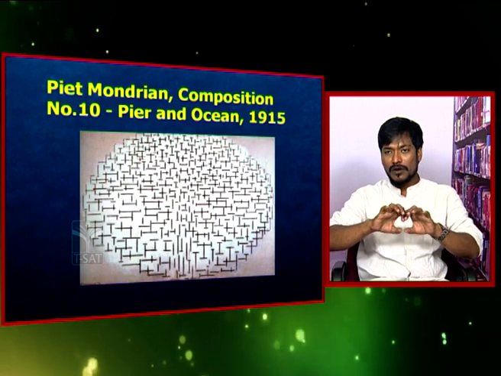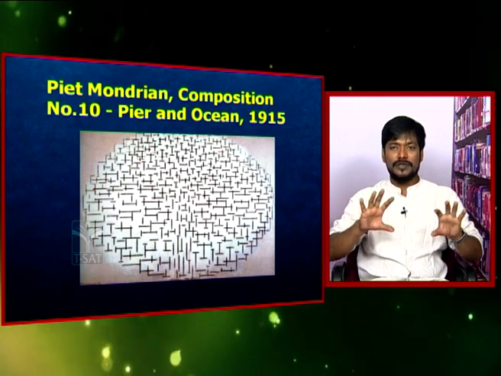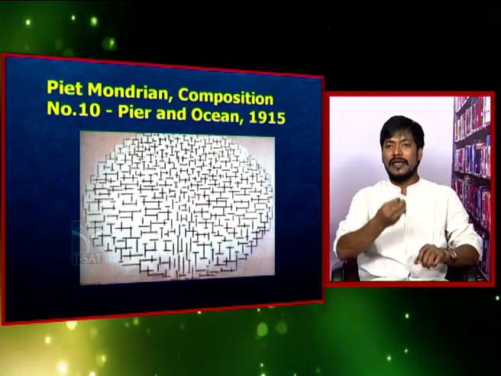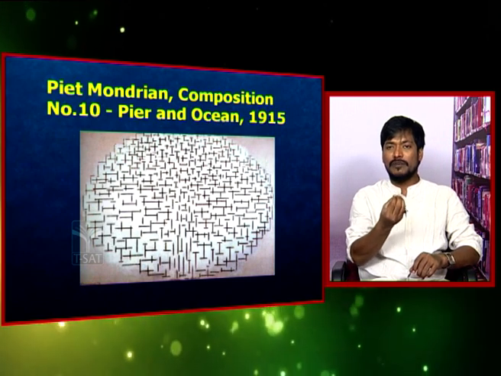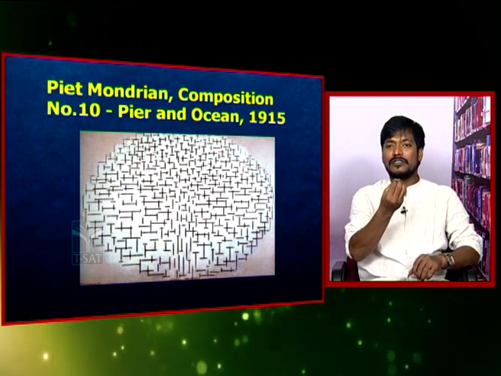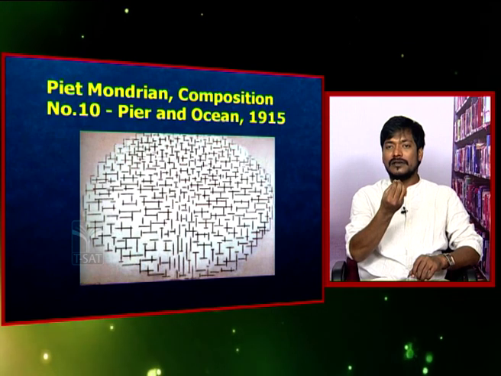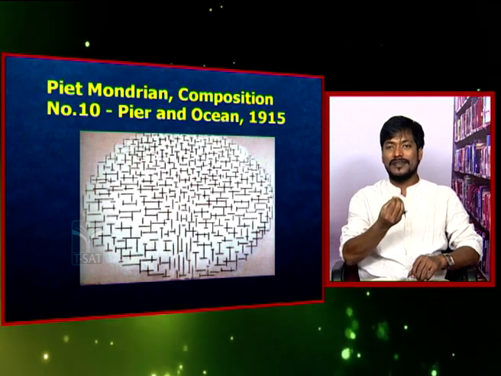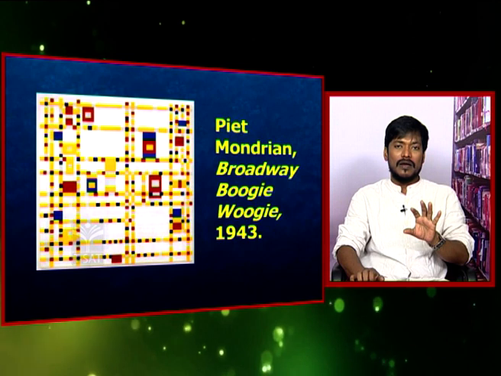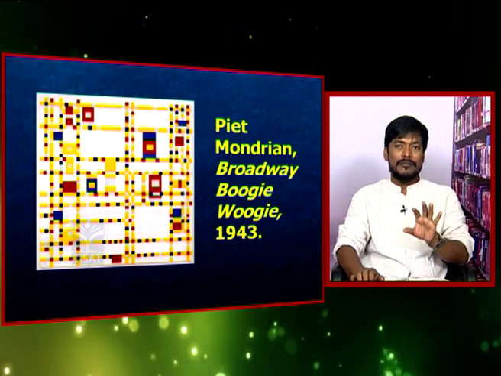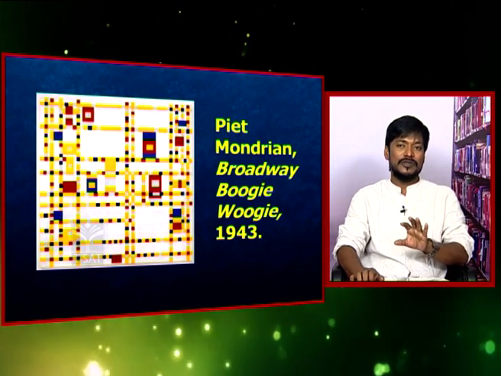So he is removing all these worldly properties, the worldly appearances, and going down deep into the basic structure, that is the spirit, right? That is the pure structure, right? So this is the idea of one kind of abstraction, right? So this is the idea of what we can see in Mondrian, what Mondrian has been doing, and you have